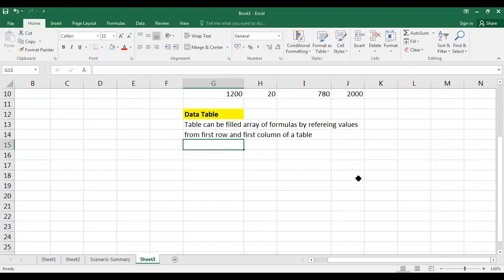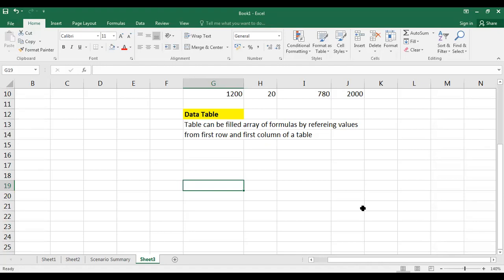So now let us take an example. Suppose I want to prepare a table showing various investments, and if I give a certain percentage of interest, what value they may get, or even a compound interest calculation, or it could be any formula.